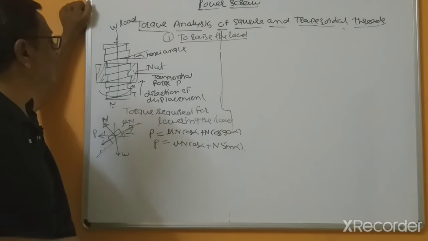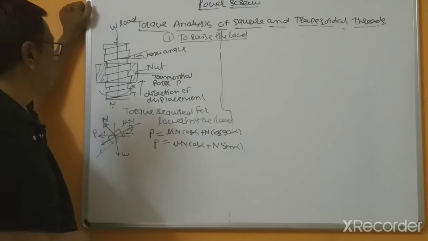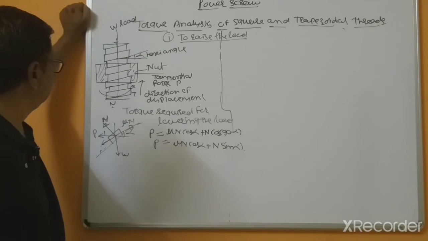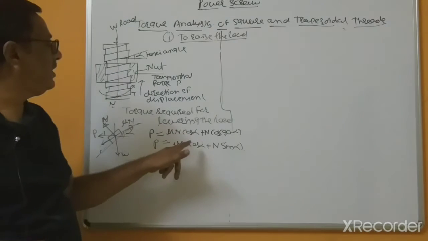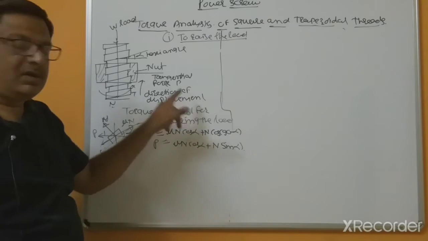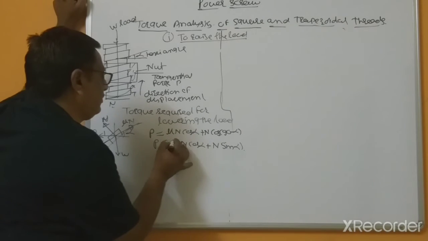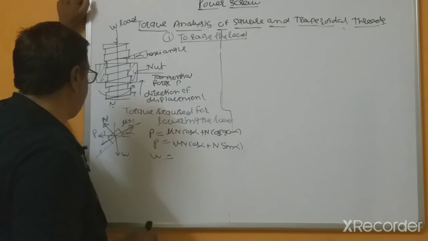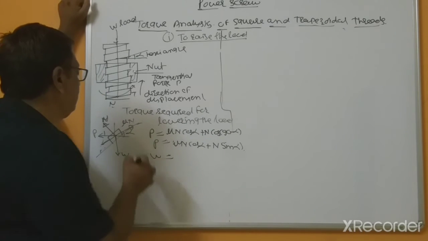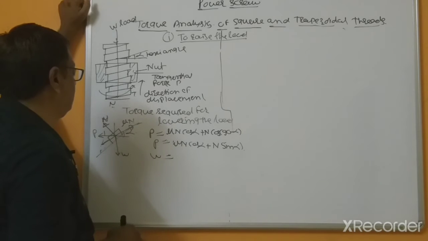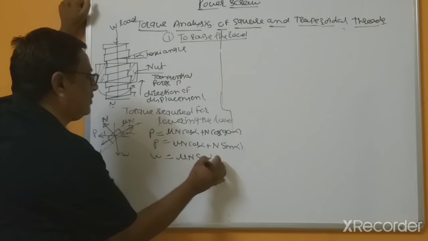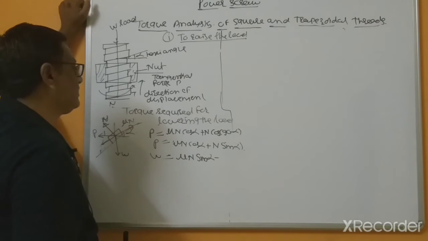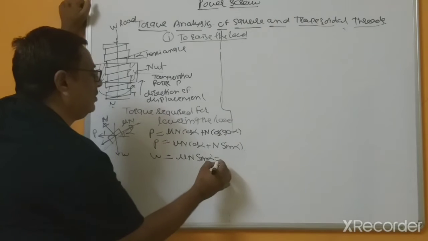Both are... so in the previous case, this frictional force was downwards, and now in this case this force is upward. That's why again W equal to mu N into sin alpha plus N...